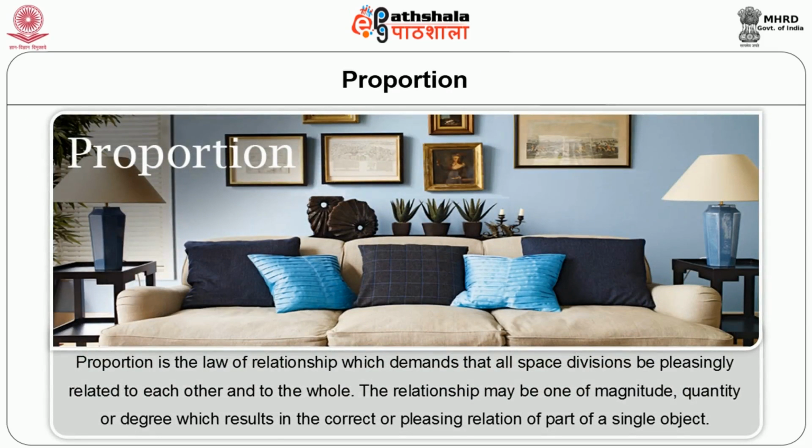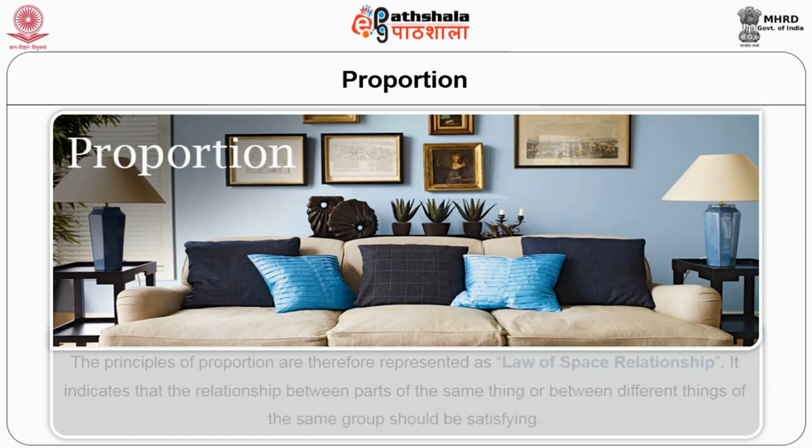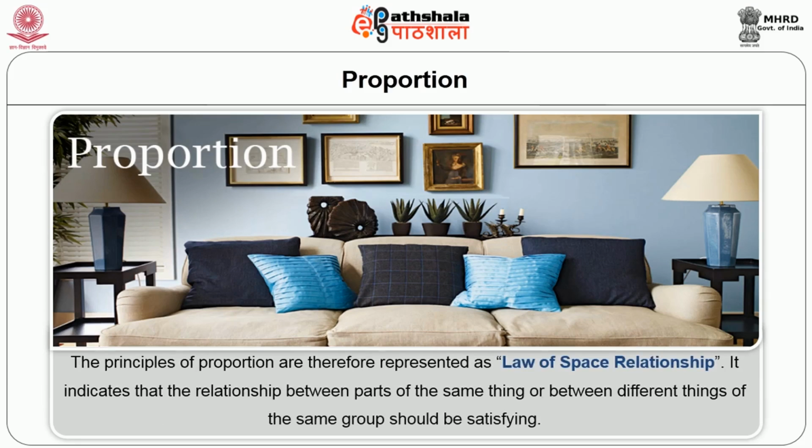Proportion is the law of relationship which demands that all space divisions be pleasingly related to each other and to the whole. The relationship may be one of magnitude, quantity or degree, which results in the correct or pleasing relation of parts of a single object. The principle of proportion is therefore represented as the law of space relationship. It indicates that the relationship between parts of the same thing or between different things of the same group should be